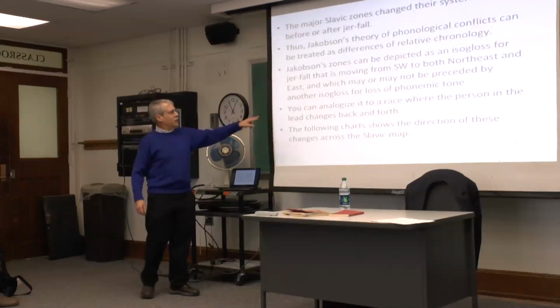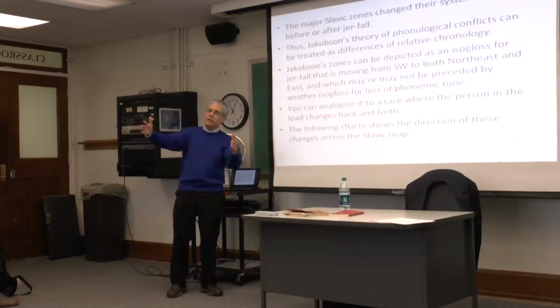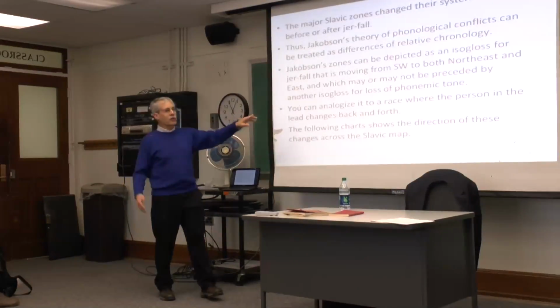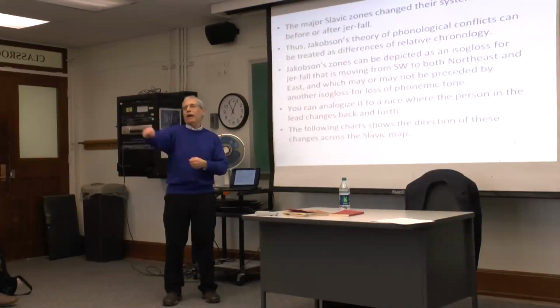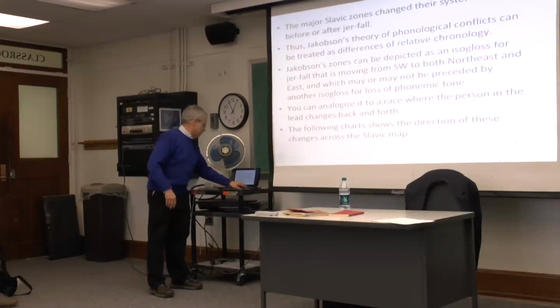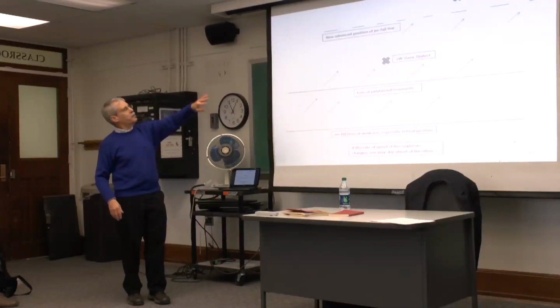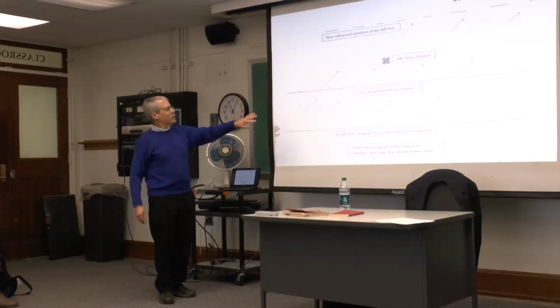Now, as far as the isoglosses are concerned, you can analogize it to a race, because you have these various isoglosses, and I'd like to show this on a little chart, if we still have time. There's kind of a race where the person in the lead, or the isogloss, just means, in other words, a map of something like losing palatalization, and how that works. I have a map of this. Why don't I skip forward to show you? So this is my map, not in Jakobson's book, of what I think Jakobson meant.